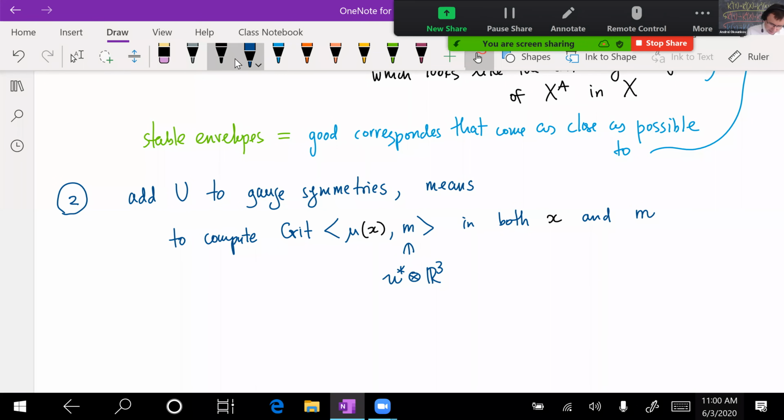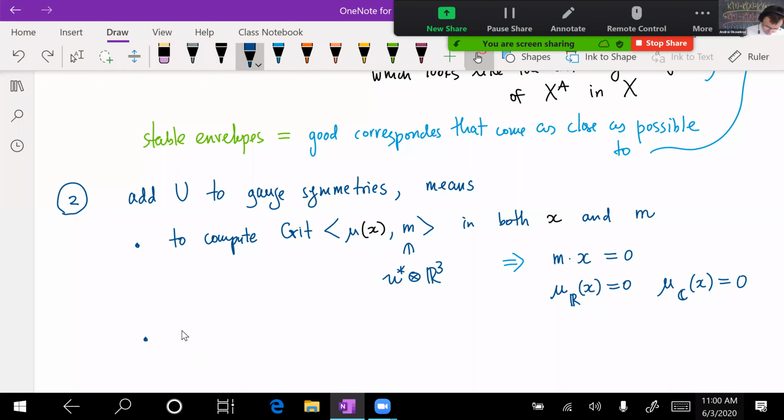And so this means the equations we get: not only that M fixes X, all three M's fix X. Okay, this is one equation, but if we vary in M, we also get that both the real moment map is 0 and the complex moment map is 0. So this is part one,